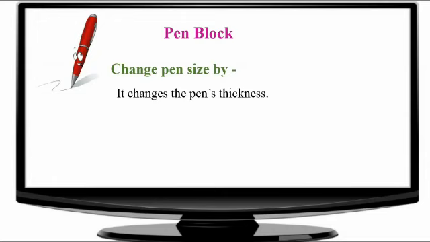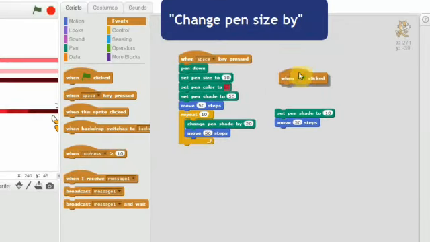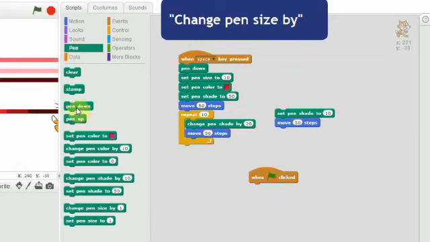Here, click events, when flag clicked. Click the pen block. Click and drag pen down and set pen color to blue. Then click and drag clear.